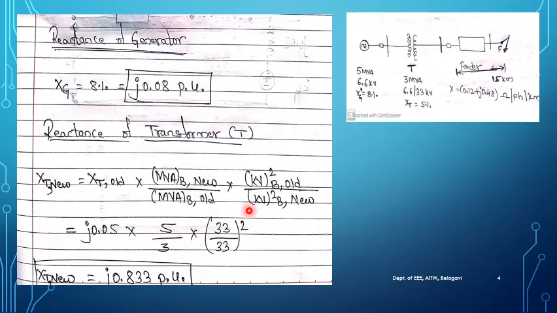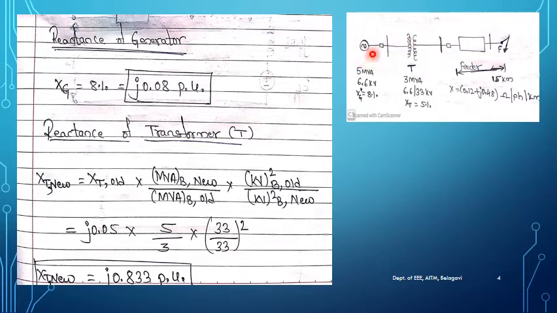In the case of previous problems, after having the base values set, we need to find the reactance of each component. Here in our problem statement, we have only three main components: one is the alternator, one is the transformer, followed by the feeder. According to that, we need to find out the reactance of these components.